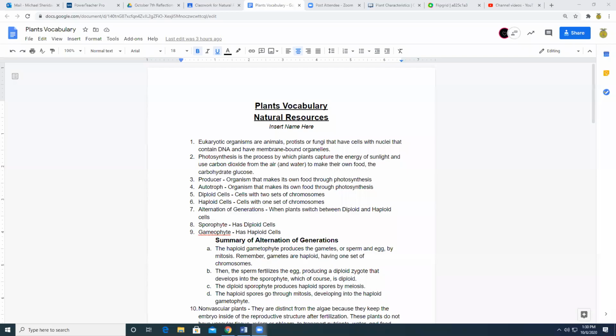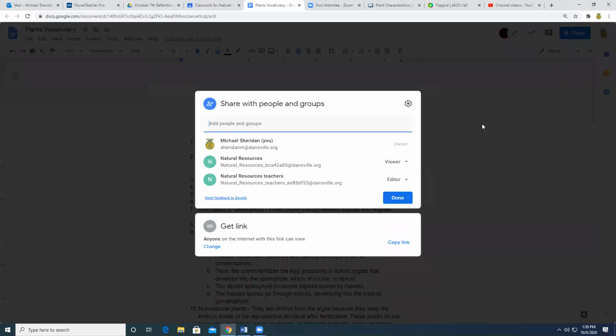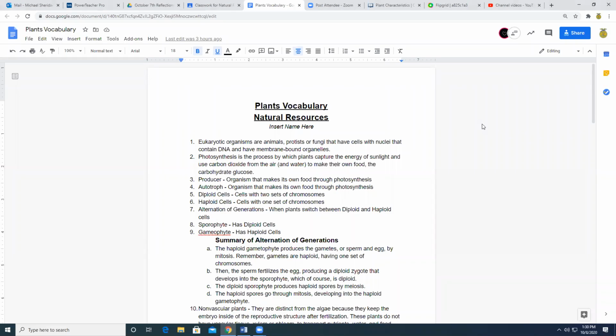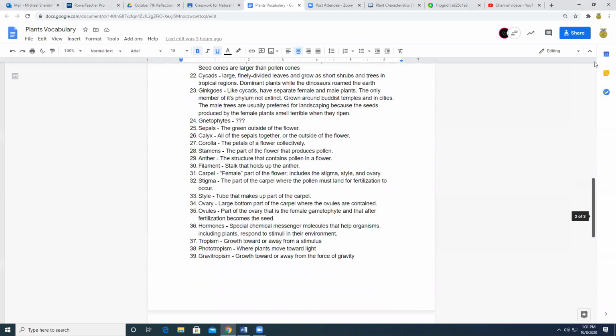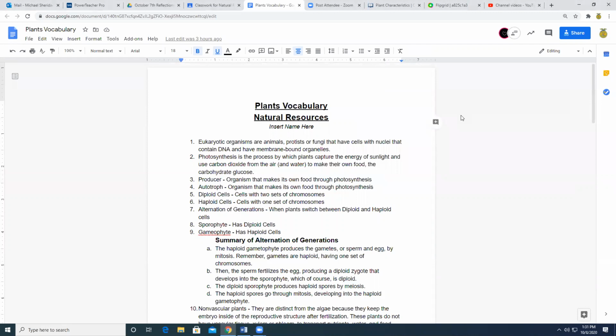For now, what I really want to do today is, over the last couple of weeks, we've done a lot of these CK12 assignments, and it's a lot of reading, and it's a lot of quizzes, and it's a lot of stuff. So what I wanted to do today is run through the vocabulary that we've done. Now, I'm going to warn you that this is a little bit long. It's a couple pages long. I'm going to try to go through this. I'm going to try to make it interesting, but we need to understand this stuff.